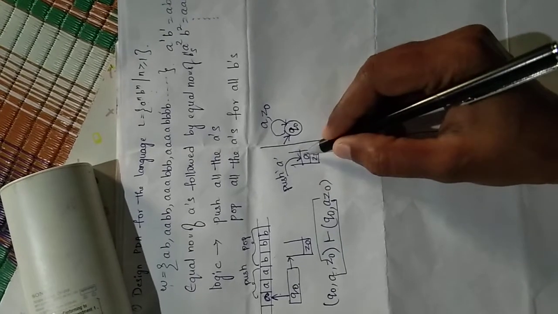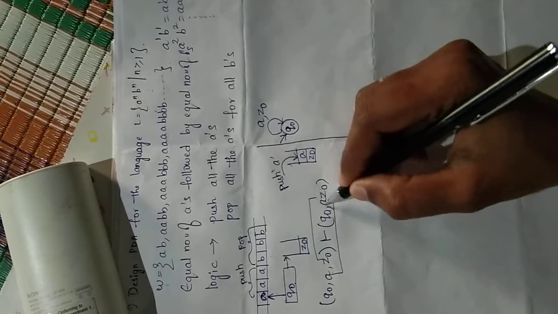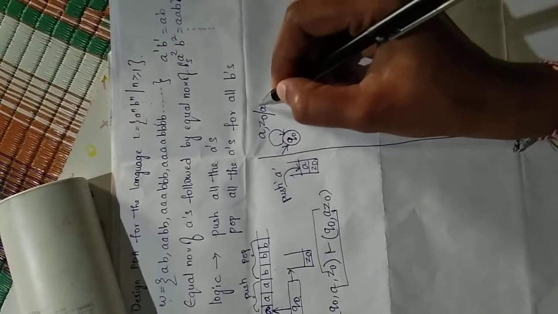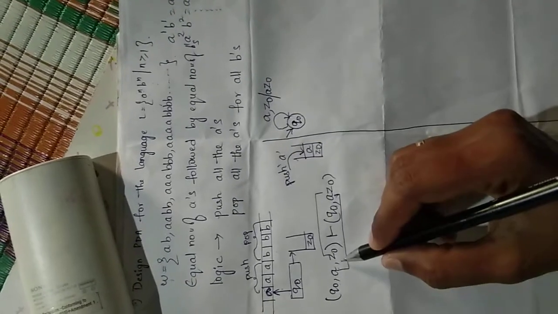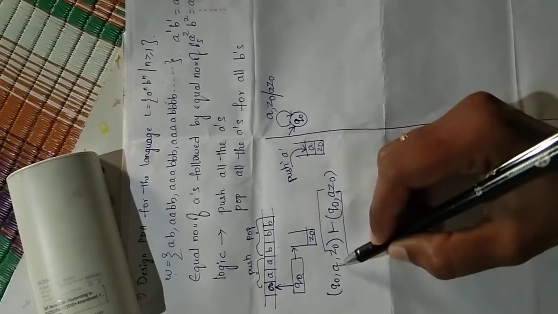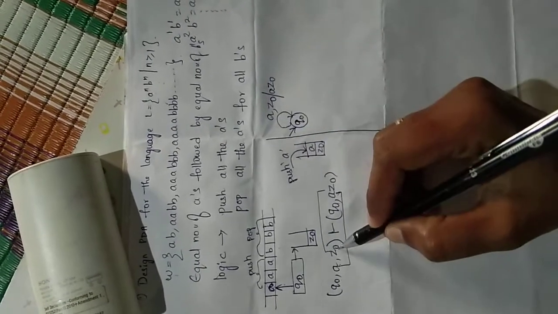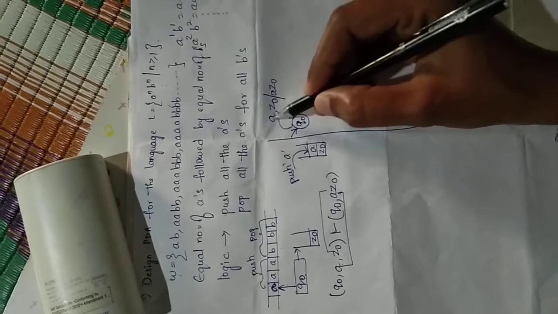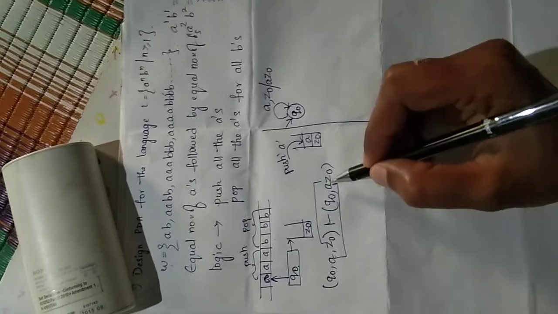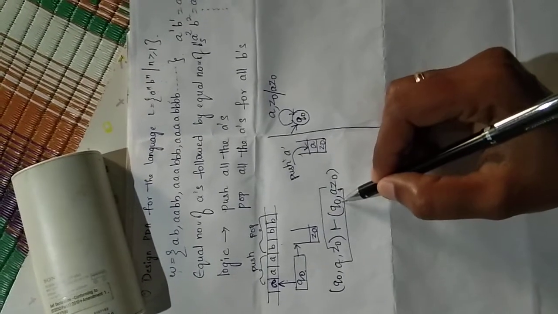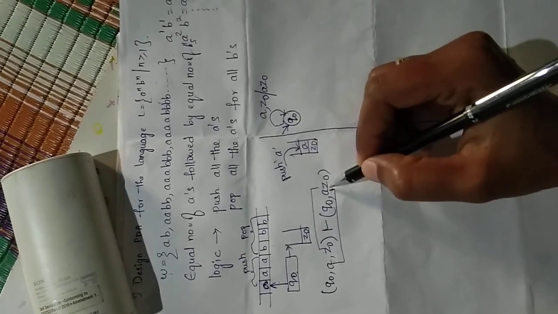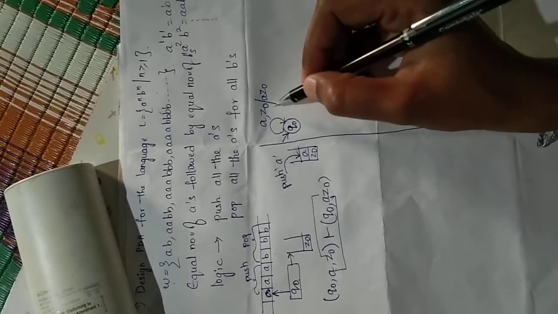Now what are the top two symbols? A, Z0. Represent that on the right hand side of your ID, slash followed by A, Z0. So this is the ID representation in the form of a diagram. State is Q0, input symbol is A, and stack symbol is Z0. This is the left hand side, slash followed by the right hand side. On the right hand side you have the same state, so that's why I am taking the loop here. The stack symbols are A Z0; write that after the slash.